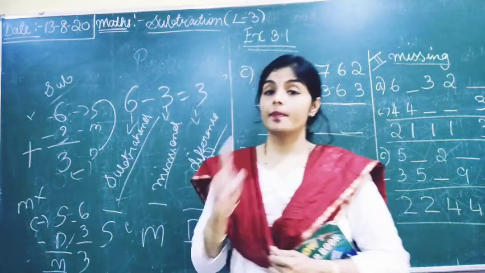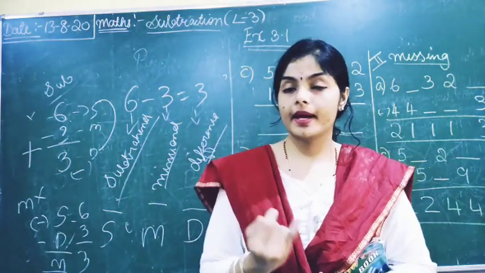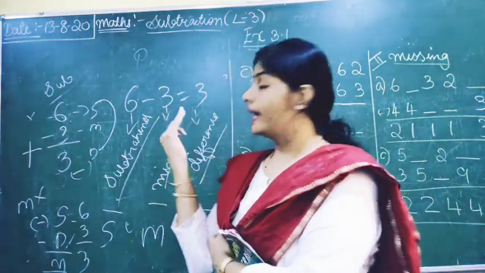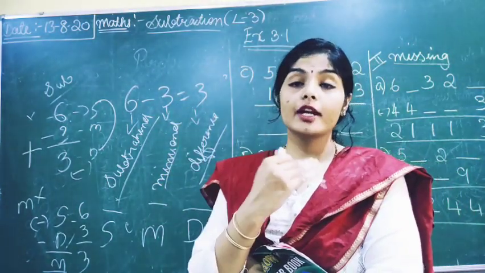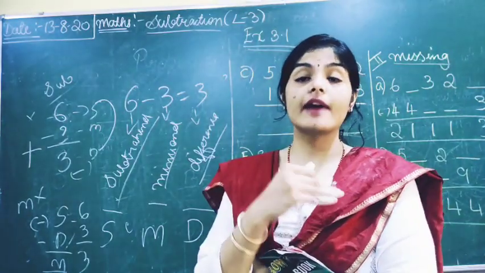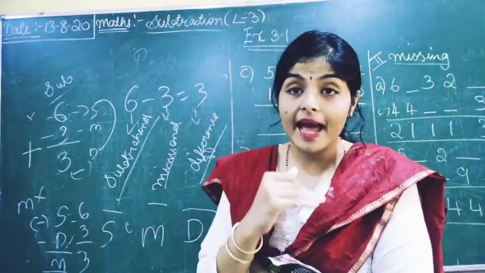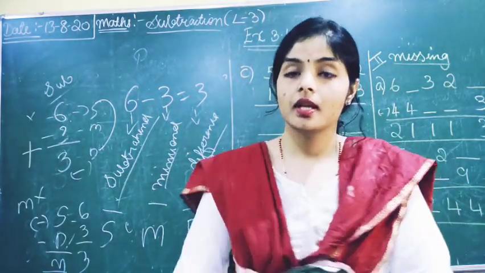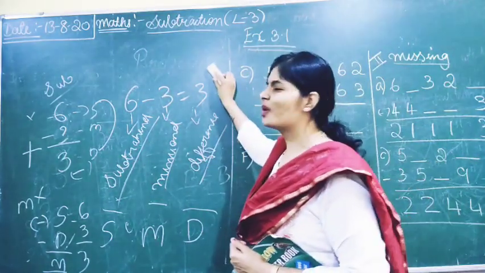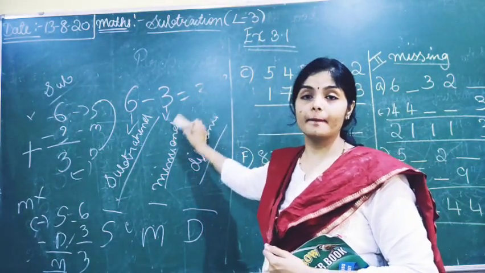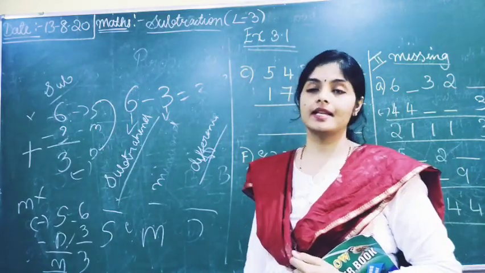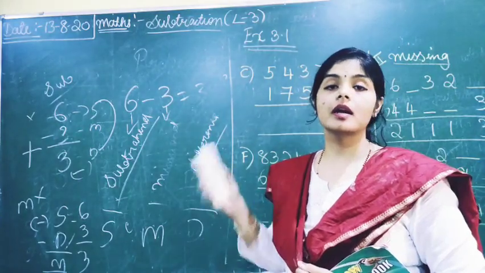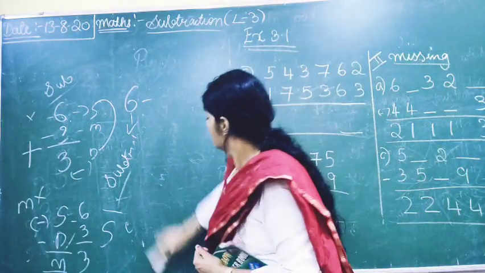Understood children? Understand properly. You have subtrahend, minuend and difference. If the subtrahend is missing, you have to add your minuend and your difference. If you don't have your minuend, you should subtract your subtrahend with difference. Understood? It's very easy children. It's only subtrahend, minuend, difference. The name may make you confused, but it's very easy. Just think of it. Rewind this thing, go back, learn and then do. Understood? Next,